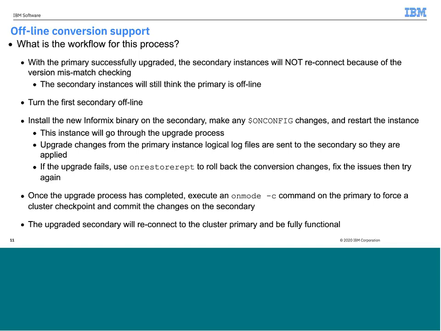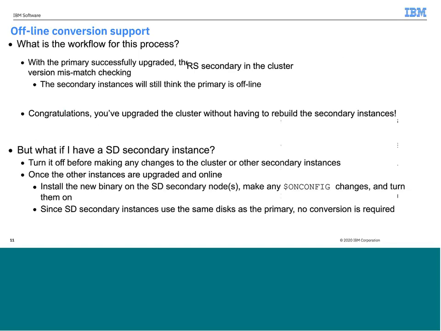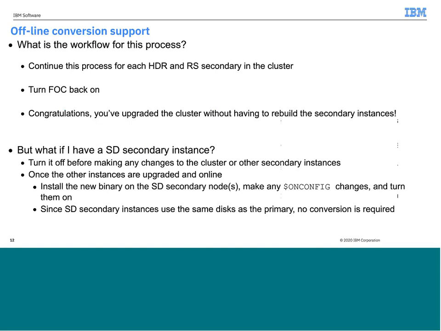It will reconnect to the primary, reassume its role as either an HDR or an RS secondary, and off it goes. And you will do this for every single one of your secondaries, with the exception of the shared disk secondary, which we'll talk about in a second. Once all of your HDR and RS secondaries are up and operational, then you turn failover control back on, and congratulations, you've upgraded the cluster, and you didn't have to